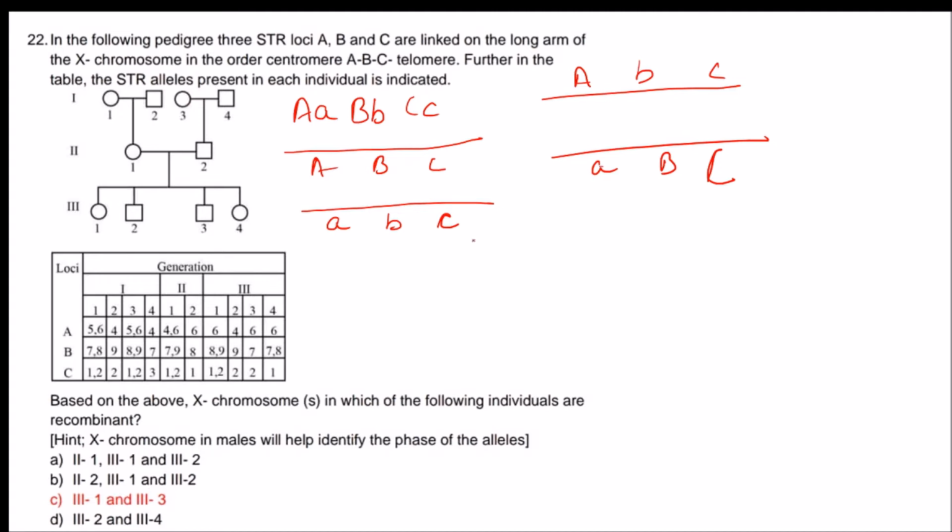Before solving that, we have to find this out. Instead of writing A, B, C, the question has certain digits, and it is not mentioned which X chromosome has which sequence, or whether it is in the homozygous or heterozygous form. It is not mentioned, so first we need to find that out. To find that out, we will focus on the X chromosome from the male. The hint is already given.